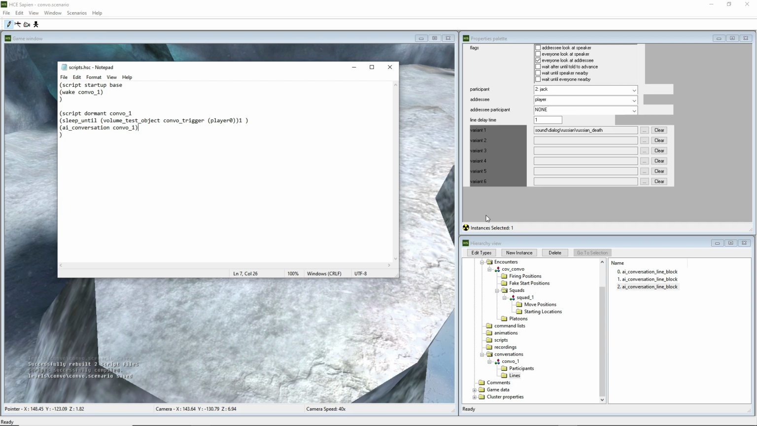And then since we checked the wait until told to advance for the first line, when this happens, it's only going to speak the first line. And if I were to play this, it would just speak the first line, and then it just endlessly waits until told to advance. So we want to tell it to advance. So we'll do